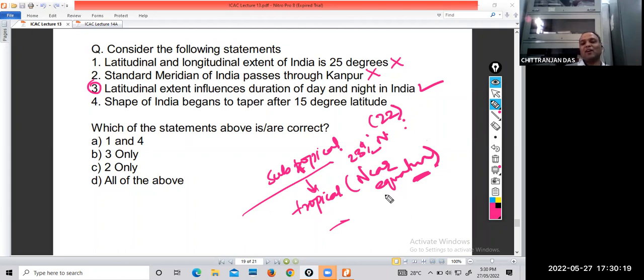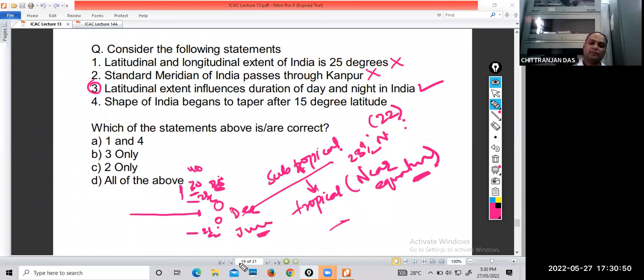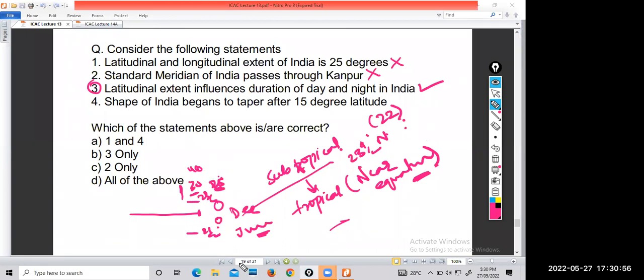क्योंकि सन जो है वो ऑलवेज इक्वेटर और 23.5 डिग्री नॉर्थ, 23.5 डिग्री साउथ के बीच में ट्रेवल करेगा. अब ये बताओ 23.5 डिग्री के ऊपर वाले जो एरिया हैं, 30 डिग्री, 40 डिग्री, 25 डिग्री वाला जो एरिया है वहां पर सन लाइट का जो टाइम होगा वो दिसंबर में डिफरेंट हो जाएगा और जून में डिफरेंट हो जाएगा. यस और नो? आप बताओ ऐसा होगा कि नहीं होगा? Yes, sir.